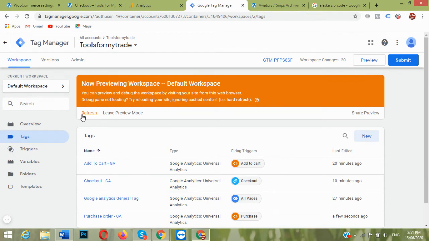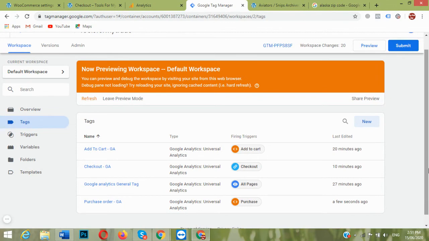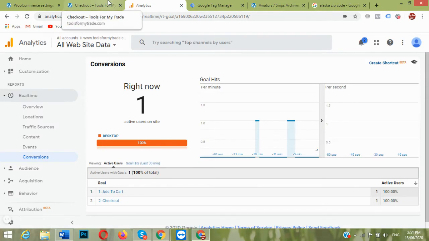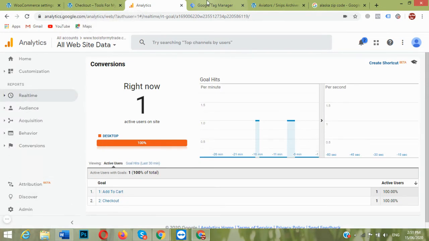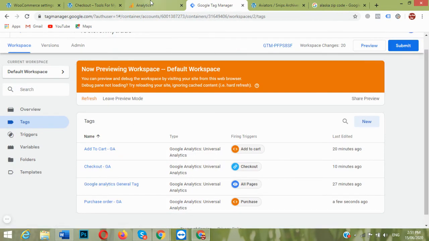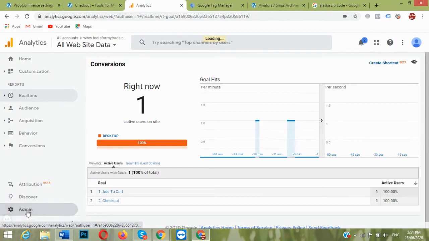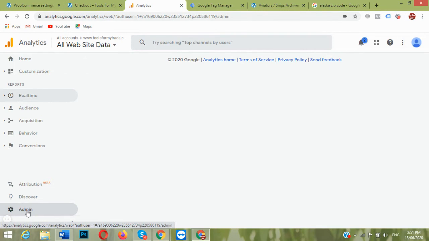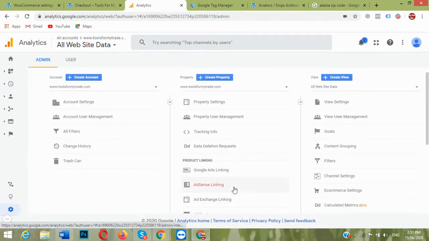By this Tag Manager plugin, we can track correct events at Facebook Pixel also. We can also track correct events and conversions at Google Analytics and Facebook Pixel. For Facebook Pixel, I will discuss later. So I added this purchase tag, and go to admin. Now we need to add a goal conversion for purchase order.